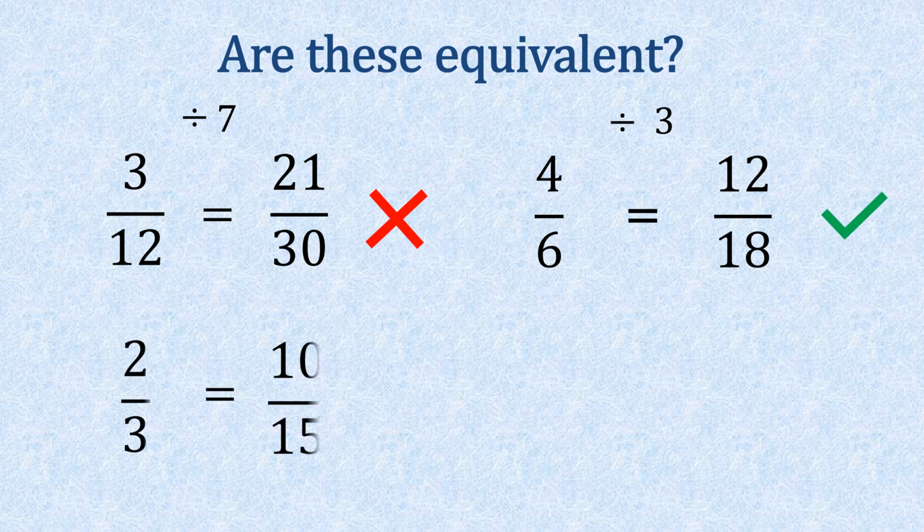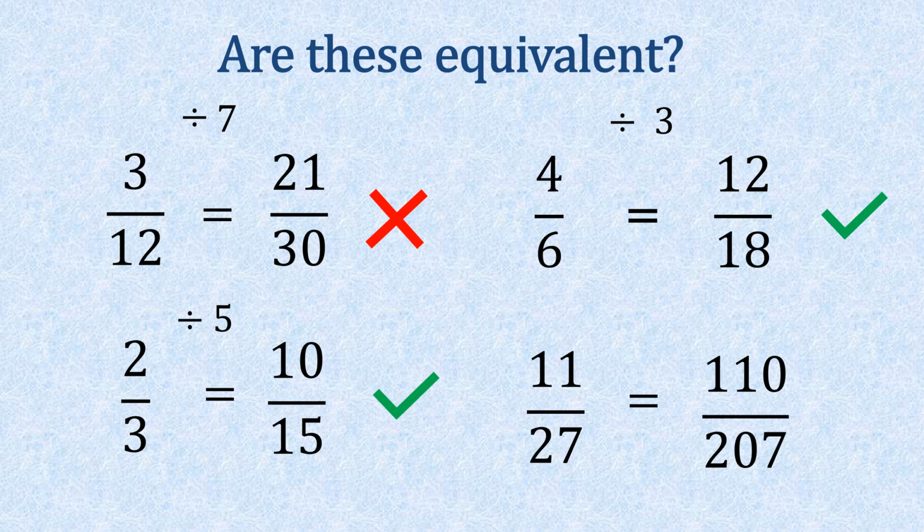Okay, so we'll do the same again. Take 10, divide it by 2, gives us 5. So we're going to take 15, we're going to do the same at the bottom as we did at the top, divide it by 5, which gives us 3. Excellent. So now we have 11/27, which equals